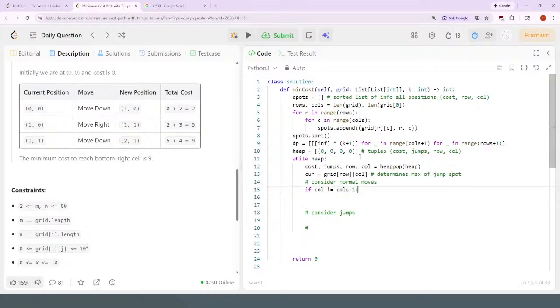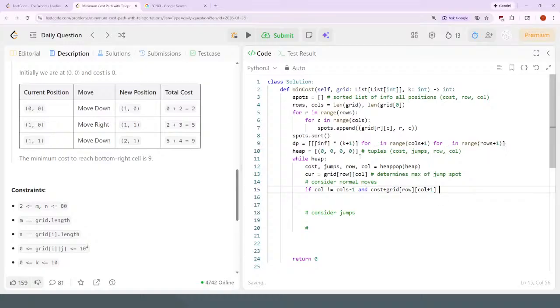And I guess I do use DP here. And the cost plus the grid at the next position,